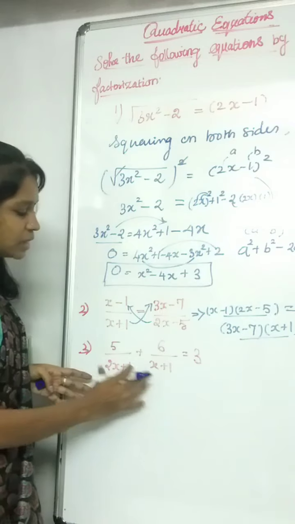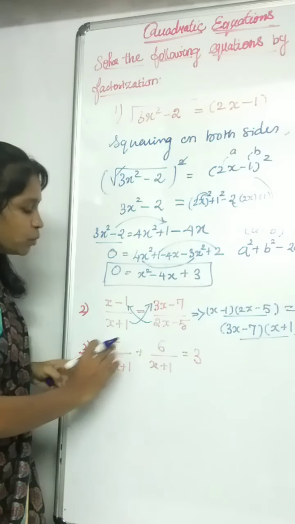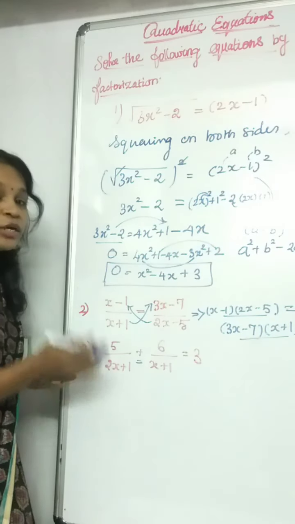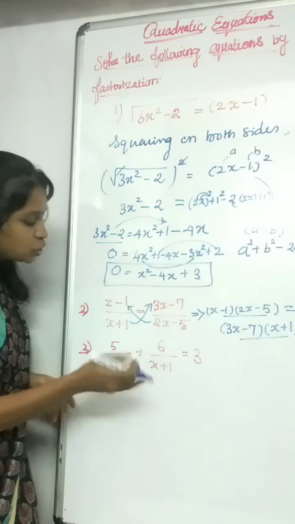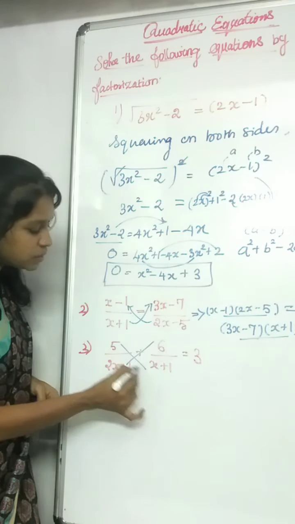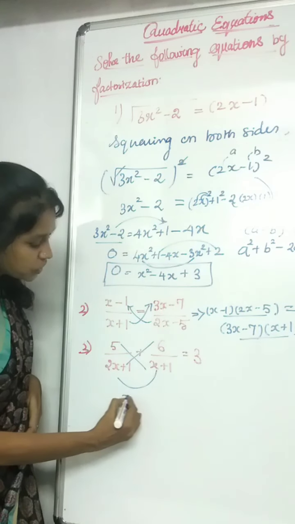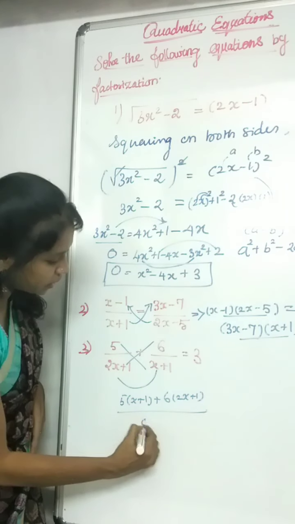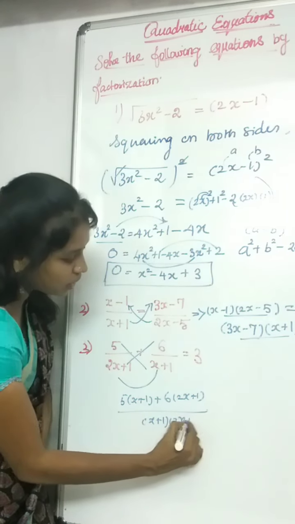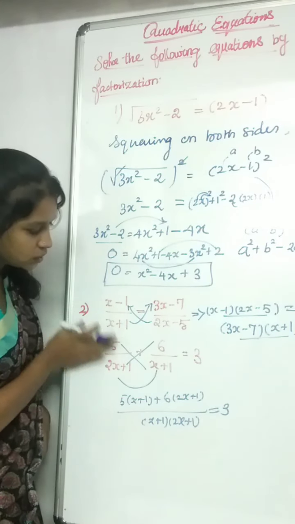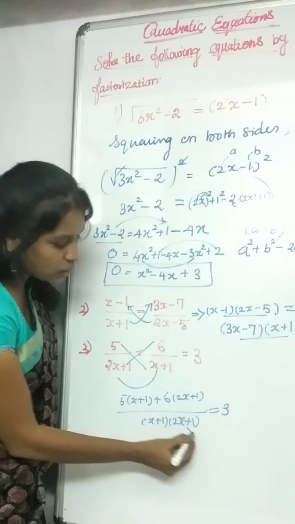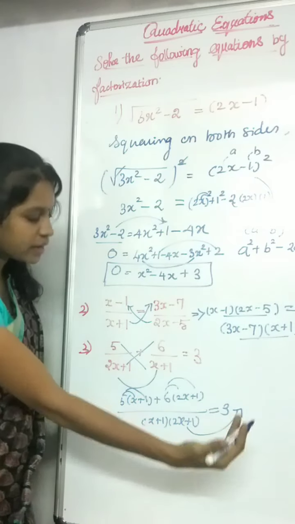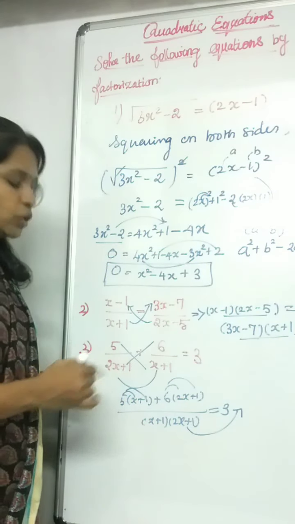And here also on the LHS side we have two algebraic terms, right? And both the terms are in the form of rationals. In between we have a plus symbol. So for this kind of problem you have to take the LCM first. For the shortcut method, how to take the LCM? Just do the cross multiply and multiply the denominators. So 5 into x plus 1 plus 6 into 2x plus 1 divided by x plus 1 into 2x plus 1. So you have to solve the given expression like this, and afterwards you have to take this to the other side, multiply everything inside and transpose everything to another side. You may arrive at your quadratic form.